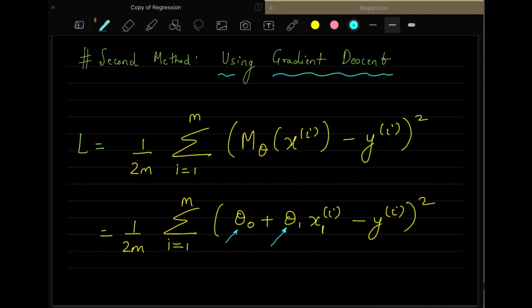As you know, this is the loss function that I already explained in our last class. It's basically a summation from 1 to the total number of samples, m, of the difference between the predicted value from your model and the actual value. You take the difference, square it, sum them up, and then average by 1 over 2m. This is the loss function, where h theta of x i is the prediction.